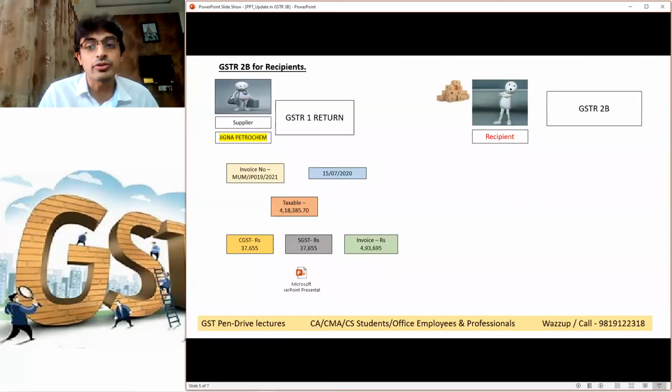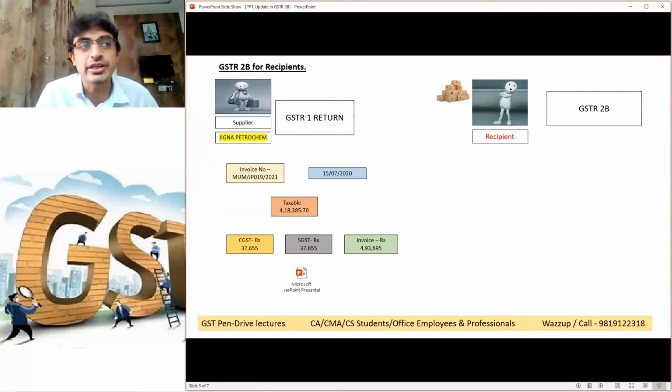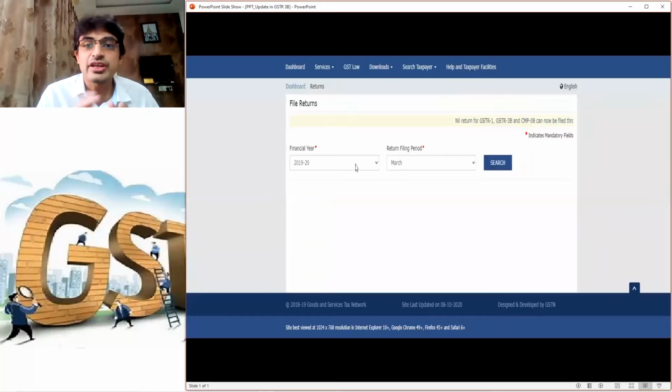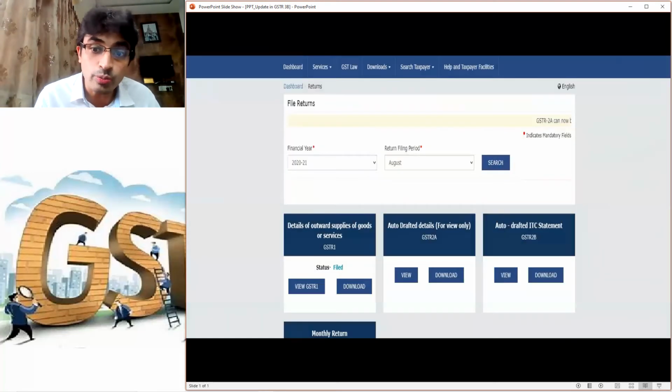Fair enough? And now see, through the supplier's GSTR1, this entire invoice detail shall get auto-populated in the recipient's GSTR2B. See this. This is the recipient's GSTR2B. If you open it, this is the GSTR2B of the recipient.